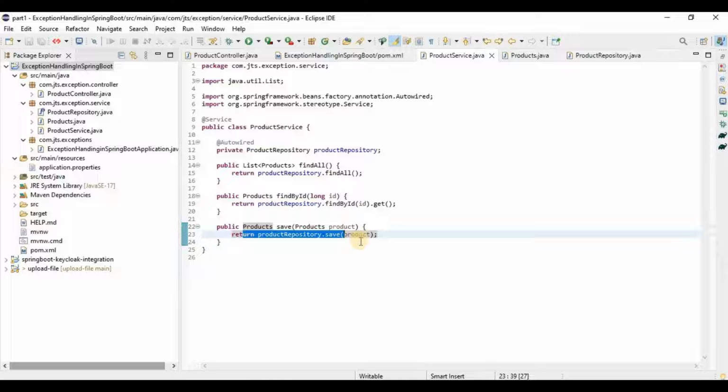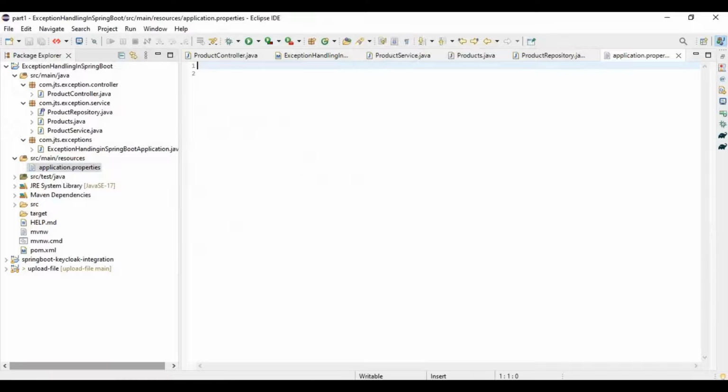If it is available, then we should throw some exception, but in our current code it will not handle. Okay, so for the database, as I was saying, we need to use an in-memory database. For that we need to provide some information over here, like spring.h2.console.enabled